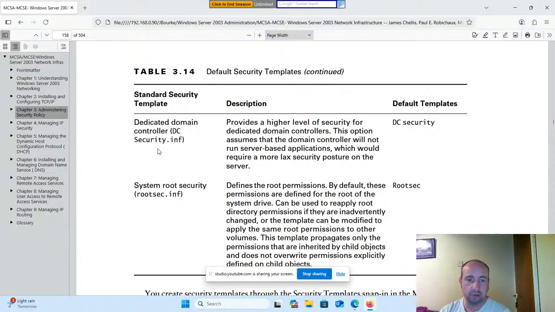Dedicated domain controller, DC.inf, provides a higher level of security for dedicated domain controllers. This option assumes that the domain controller will not run server-based applications, which would require a more lax security posture on the server. DC security. System root security, rootsec.inf,